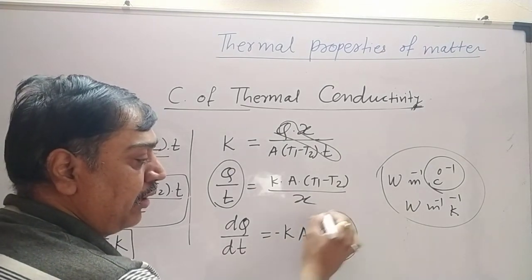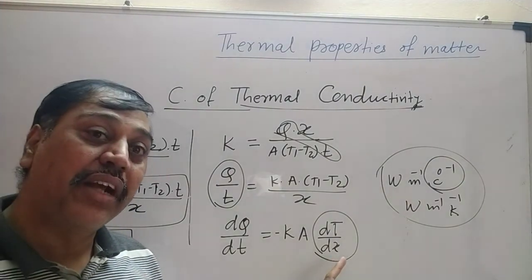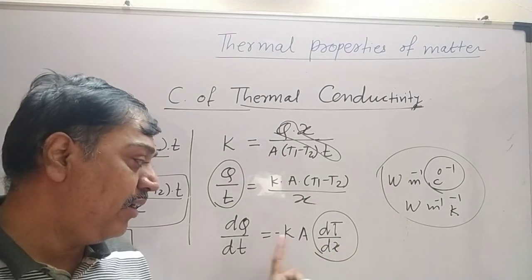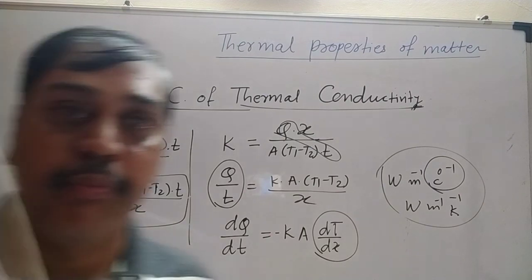Now if you remember, what is this dT by dx? Temperature gradient. We saw this temperature gradient at the start of this topic. And now, what is the minus sign there? It is there because here